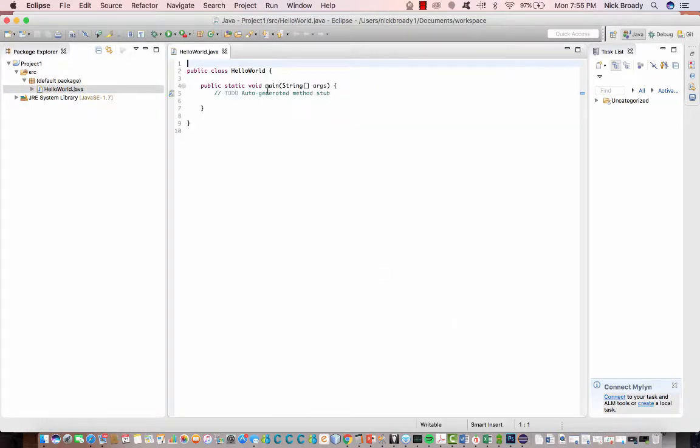So right here, we have our class Hello World. We have this public static void main string args. I'll explain that as we get a little bit into the class. And then right here is where you're going to put your code. We're going to do a very, very simple piece of code here. We're just going to type in